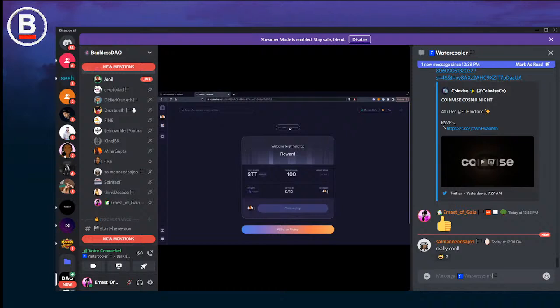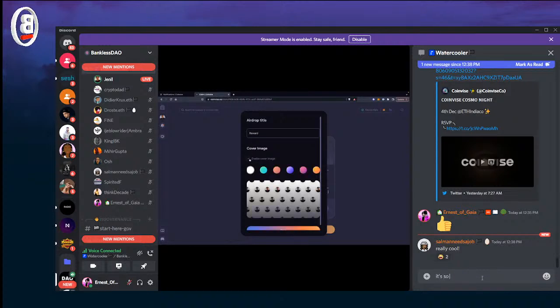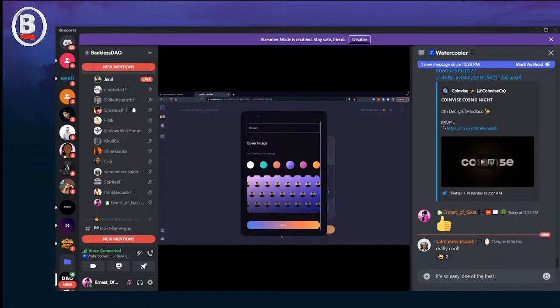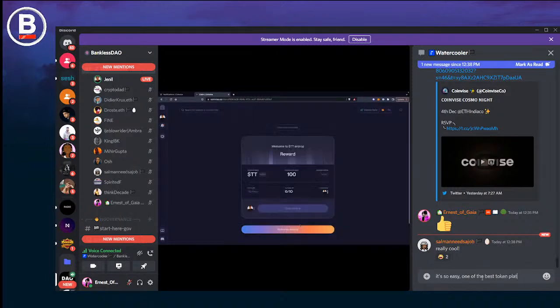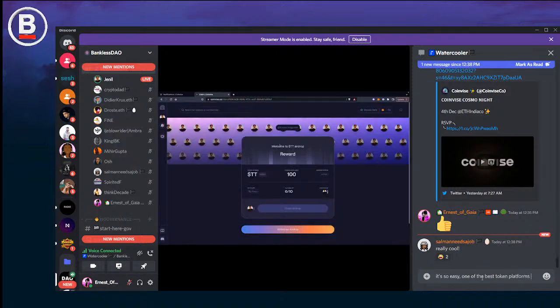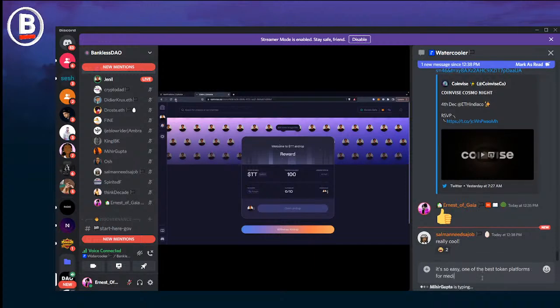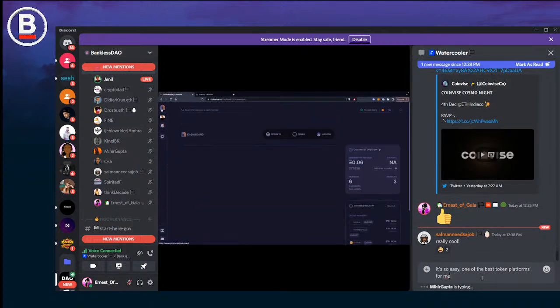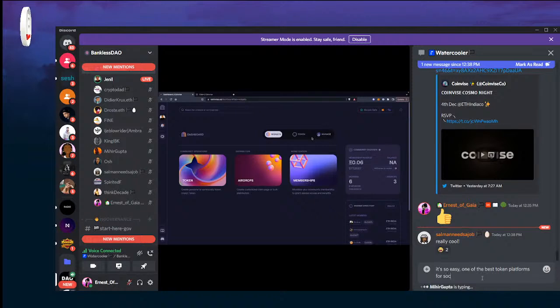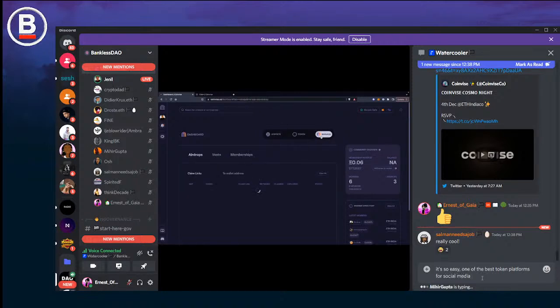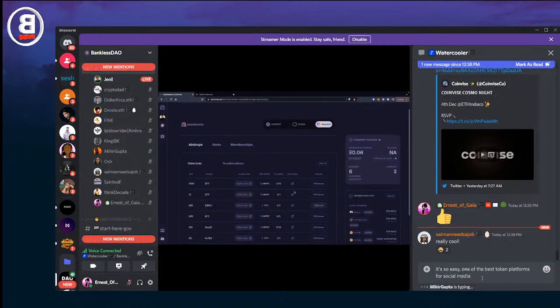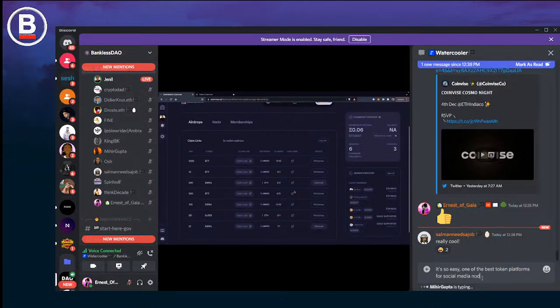I'll show you guys an example of what a claim page would look like with certain conditions. You can even choose to add your own branding. So in this case, you can have a different kind of cover photo if you want, and change the branding and the way it looks depending on what you like. Now let's take a look at one of the claim pages with certain kind of conditions. So you can use this dashboard to manage. It is like a repository of how you've been using airdrops and memberships for your community.